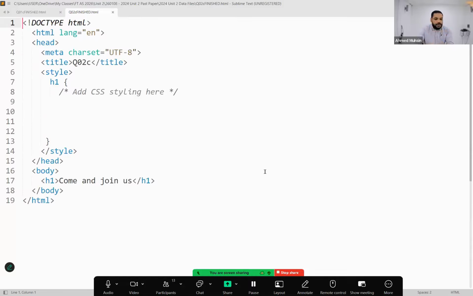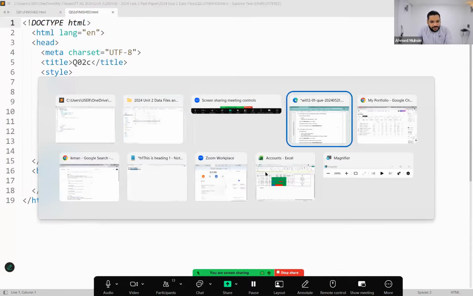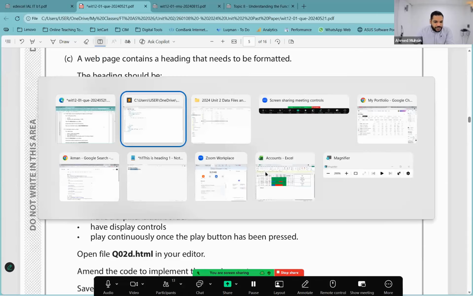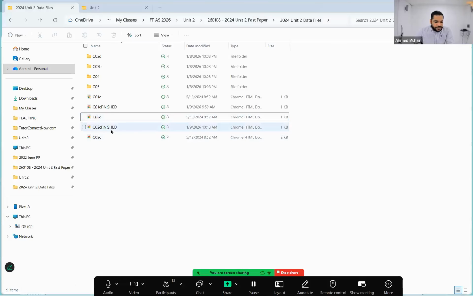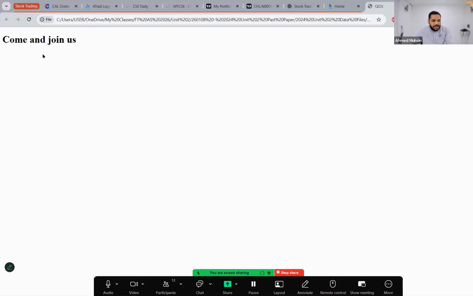Okay. Then boys, girls, let's read one by one. Can we see what the output looks like, everybody? Q20C finish. Q02C finish. This is the output we have. Come and join us is all I can see over here. Come and join us. Okay. Right. Then boys, girls,